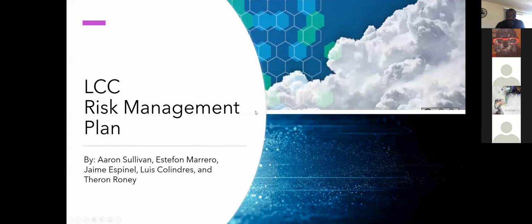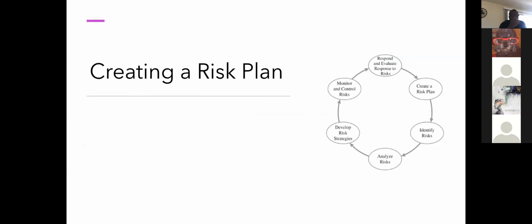Okay, so we're Lopes Cloud Center Risk Management Plan. I am Luis, and Stefan is going to take the second half of the presentation, and we're going to talk today about our risk management plan. So creating a risk plan, we have to identify how we are going to ensure that our risk plan is effective. We're gonna use a framework for